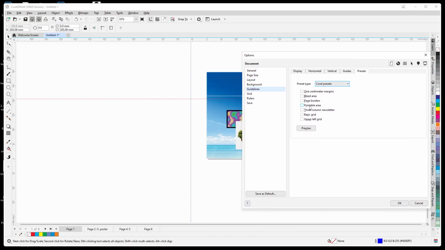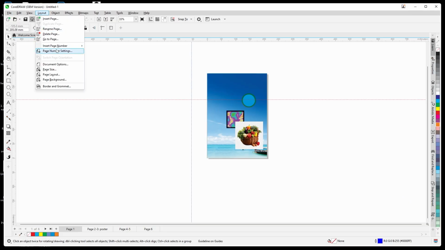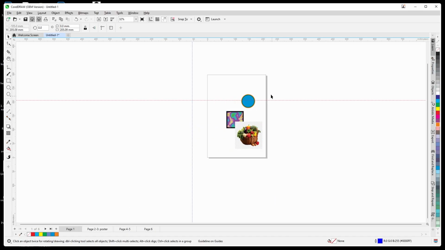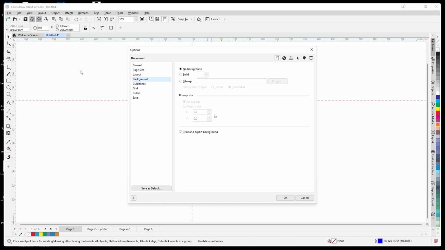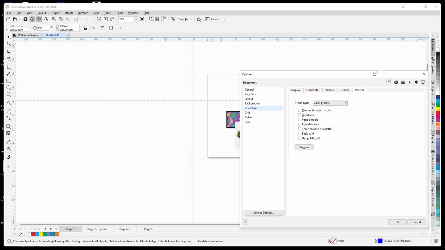Now see, here we have 1 centimeter margin. So let us say here, suppose uncheck this one first. I'm keeping this into no background. Say OK. There is no background now, and come back to layout, document options, and here presets. Corel presets are there. What are presets? So presets are, suppose here